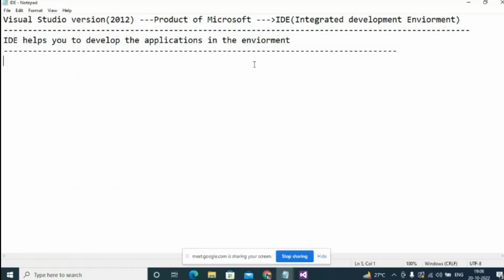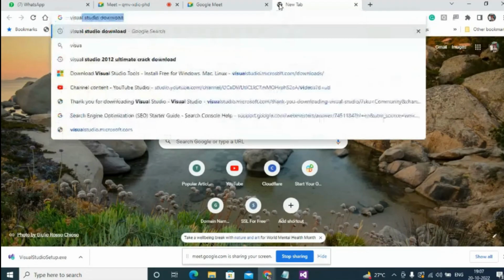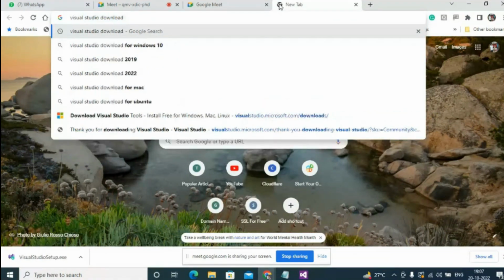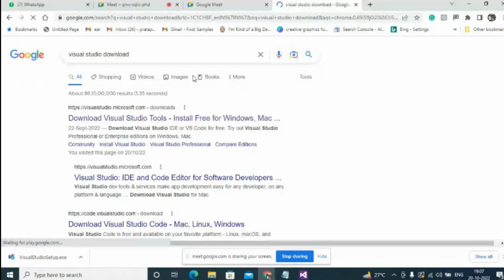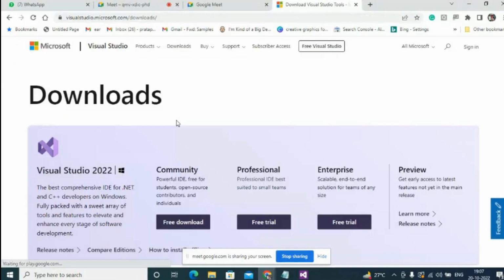So now the question is, where can we get Visual Studio software? Where can we get this software? Okay, you have to go to the search engine, whatever you're using, Google or whatever it is, on any browser. You can just simply write down Visual Studio download. Simply click on the browser Visual Studio download, and you will see the first link will be visualstudio.microsoft.com or the downloads. You simply click on this. Okay, so simply click on this,